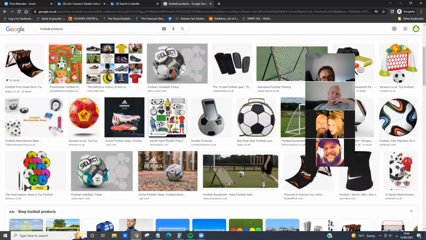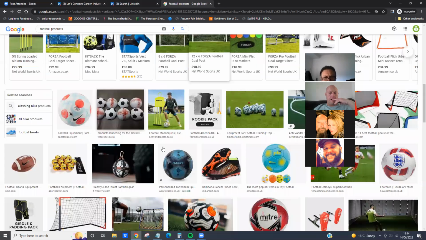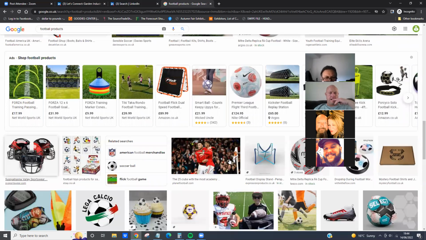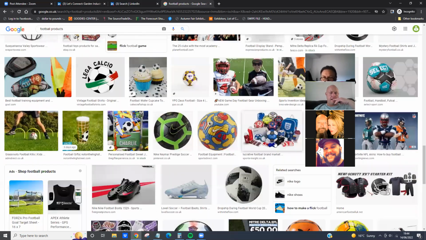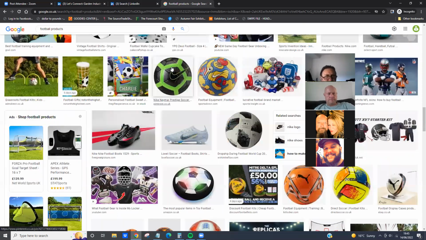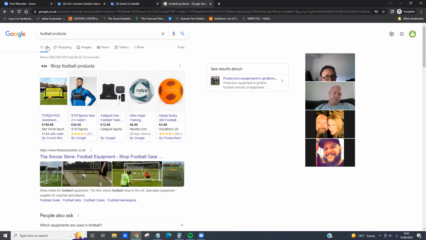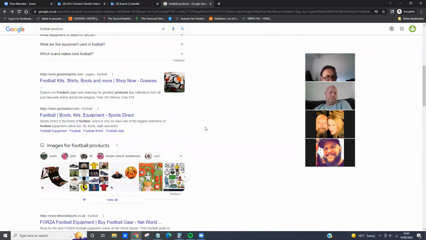Companies that deal in footballs, football nets, various footballing accessories, basically gloves, shin pads, supports, sports bottles, so many things you can go and look for. So yeah, you can go and look for a company that deals in football products.